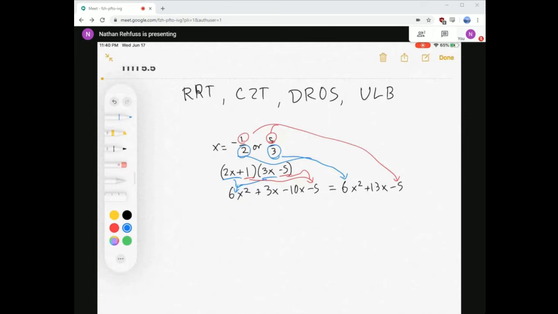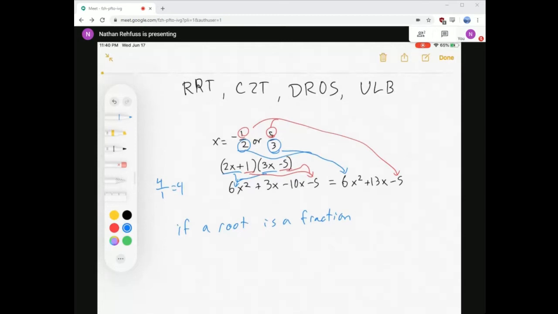So this wouldn't work if I had some crazy root like a complex number or a square root of 2 or some such thing. It only works for fractions because fractions have these nice factors. But if your root is a fraction, and whole numbers count as fractions, right? Because 4 divided by 1 is 4. So 4 counts as a fraction. But if a root is a fraction, then